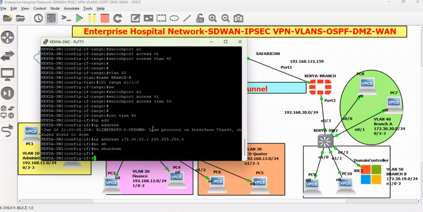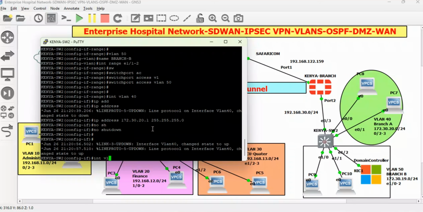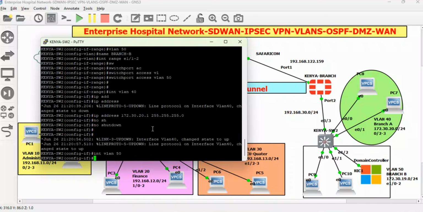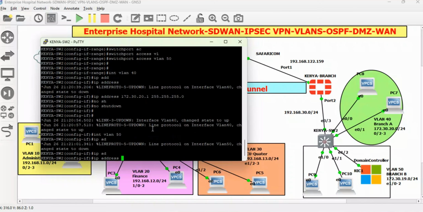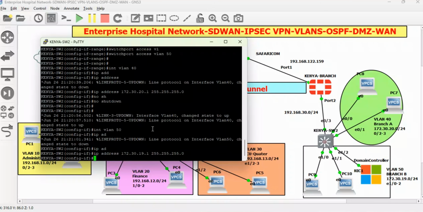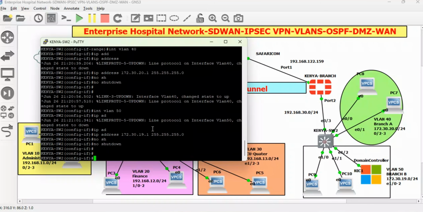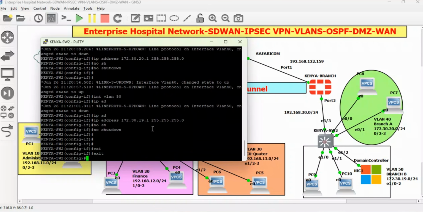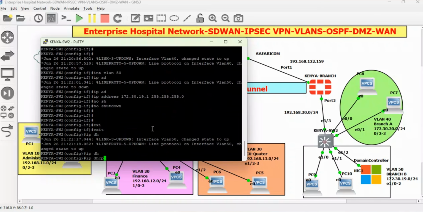Once we do that, then int VLAN 50, IP address 172.30.19.1, 255.255.255.0, no shutdown. Once we do that, we configure the IP DHCP pool,